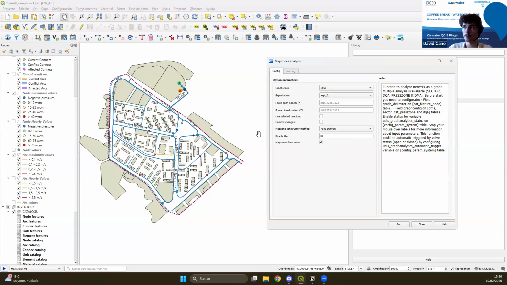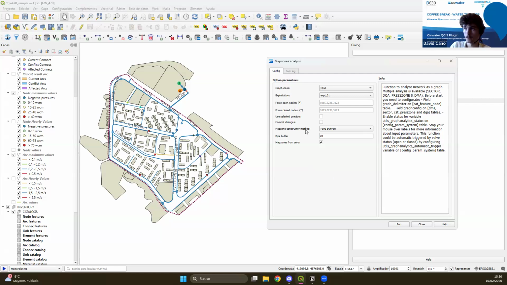In this case, we will do a pipe buffer. And this check is for dynamic map zones. This is an important concept. We can have static map zones if we commit the changes. This is the map zones scenario that we have and we take as real and we take as good. But then we also have dynamic scenarios where we can generate map zones based on the way that we are